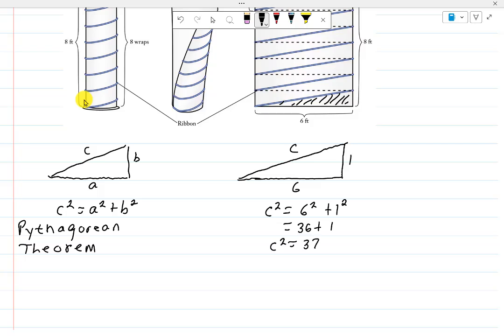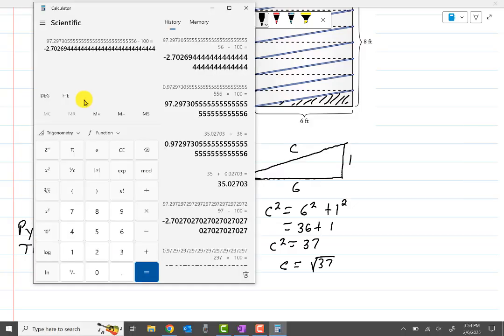I get C squared is equal to 37. To get C, then, use the square root button on your calculator. So it's going to equal the square root of 37. I'll show you what it looks like. On the calculator on the computer, it's this guy right here. Now yours will have a couple of them. You'll see one with a 3 out there, and you'll see one without anything out there. The one without anything out there is what you want. So you can test to see if you're pressing the right button by getting the same thing that I do. The square root of 37 is this number,